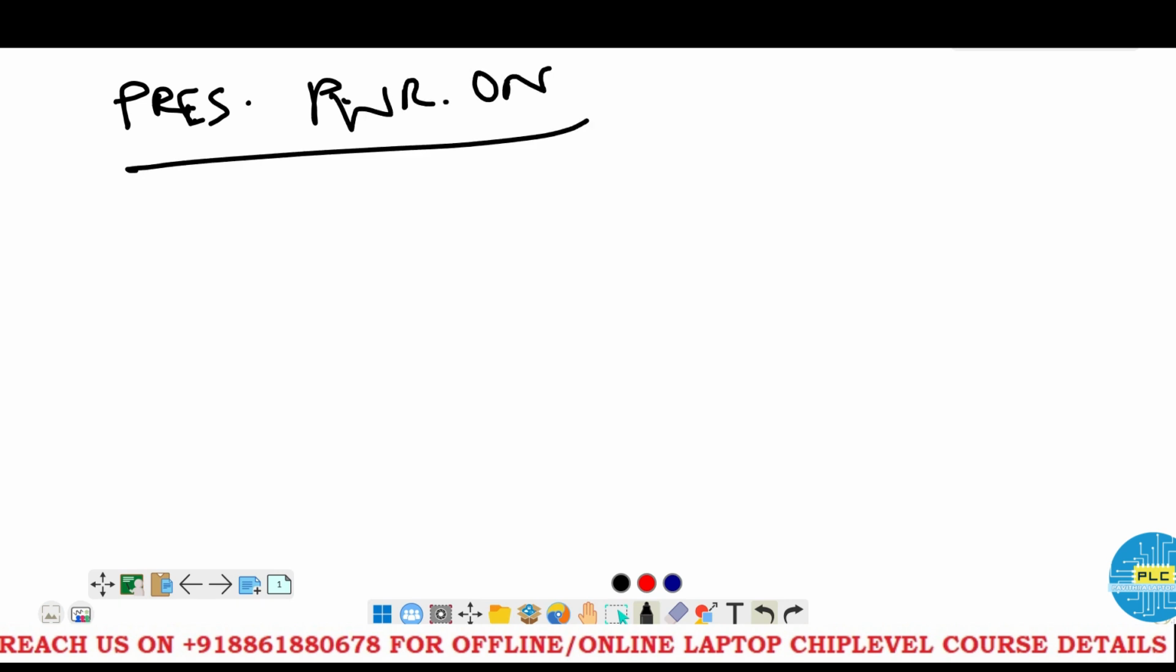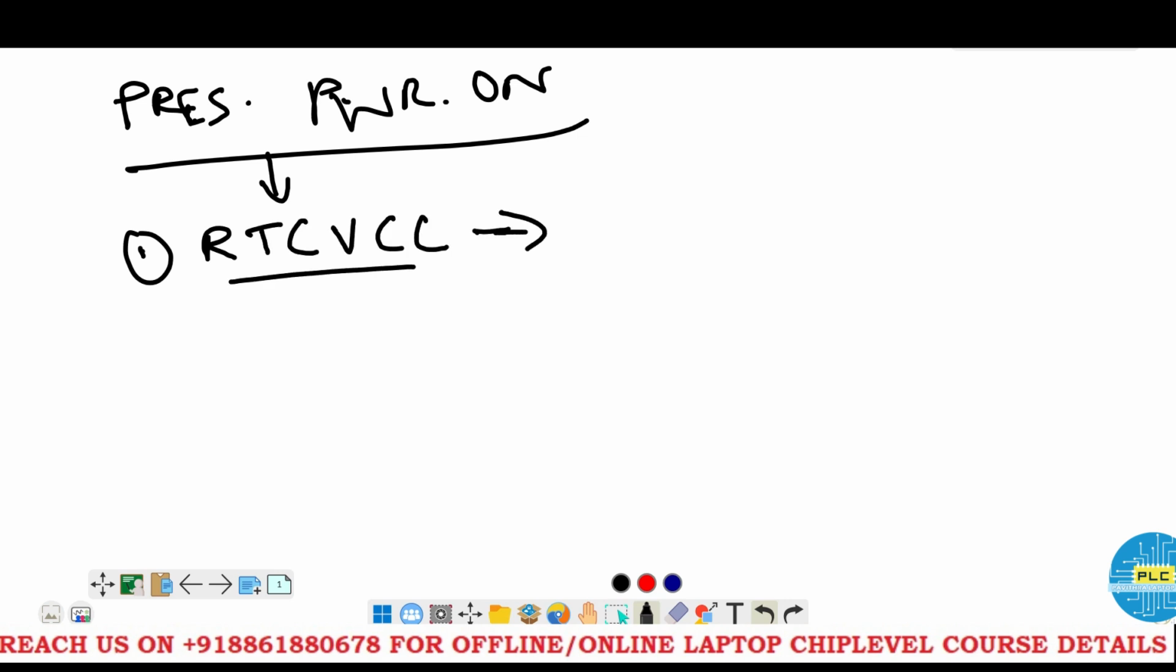In today's session, we will learn what changes happen in the motherboard after pressing the power button. Okay. See, before pressing the power button, the main point has to be noted. That is number one, RTC VCC. Once this voltage is generated through the cell,